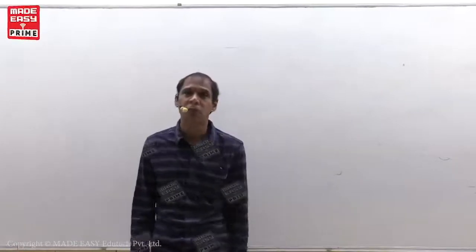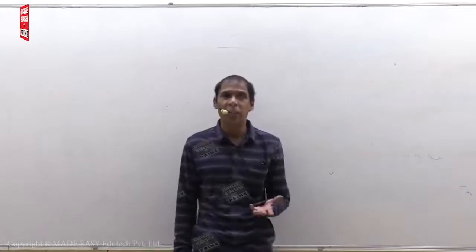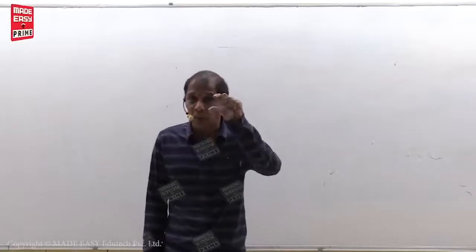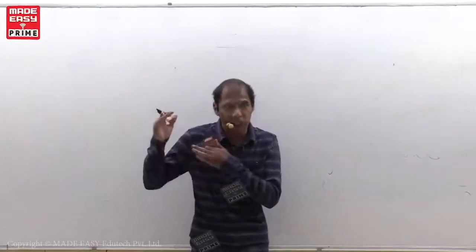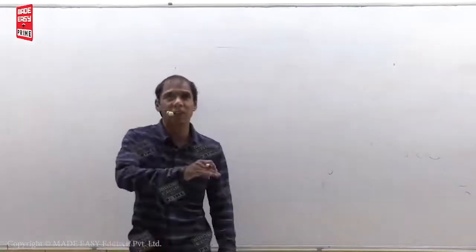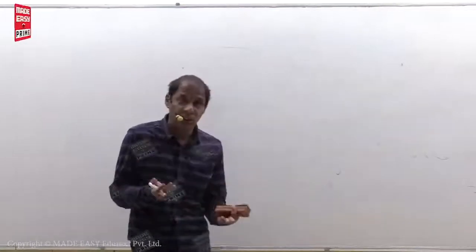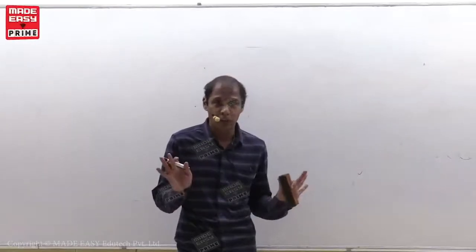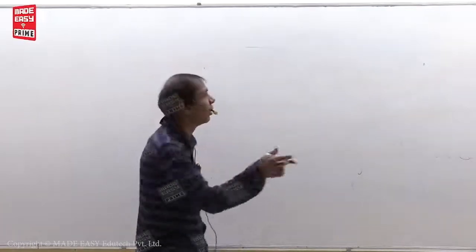The first half of the film is super hit. Bahubali part 1, super hit. It means we can make negative sentence and interrogative sentence. How can we make? If there is special verb, simply put not after the special verb to make negative sentence. If you want to make an interrogative sentence, put the special verb at the beginning of the sentence. First half of the film is super hit. Second half, it means if there is special verb in a sentence, easily you can make negative, easily you can make interrogative. I am very sure. But if there is no special verb in a sentence, then what you have to do? Second part. See,